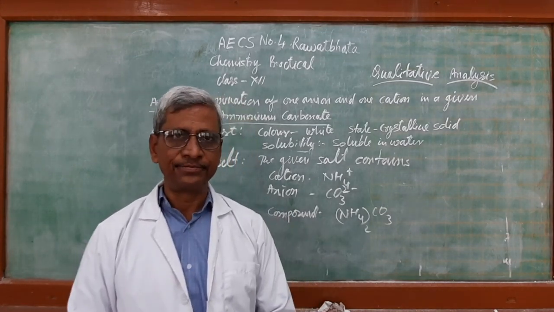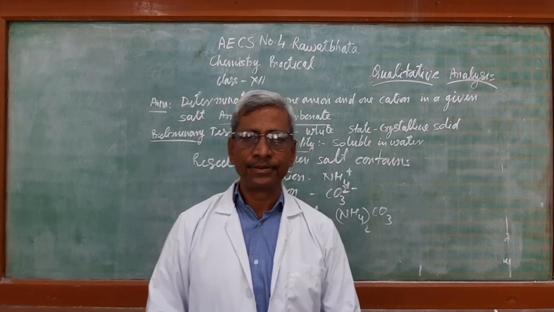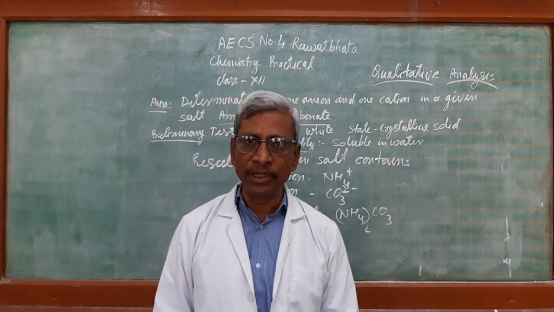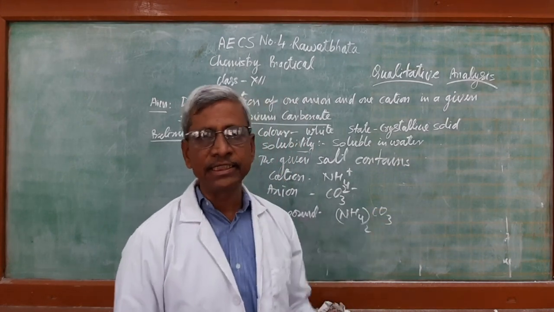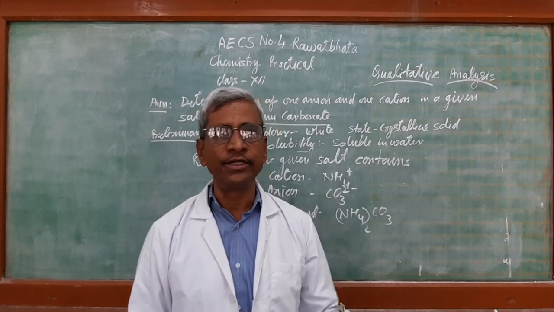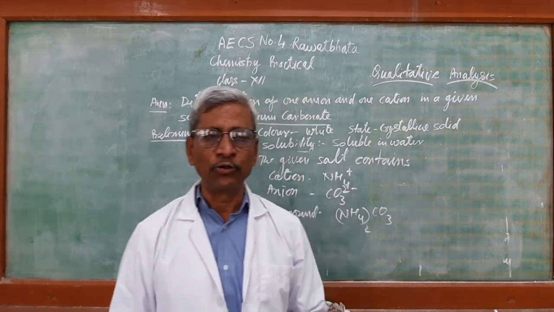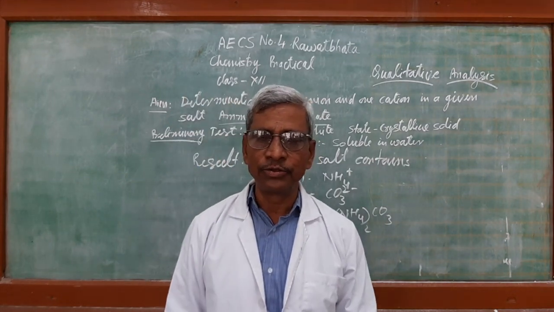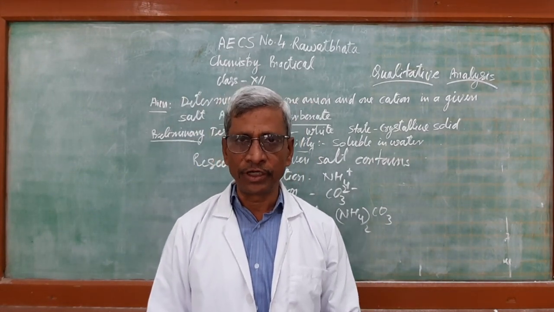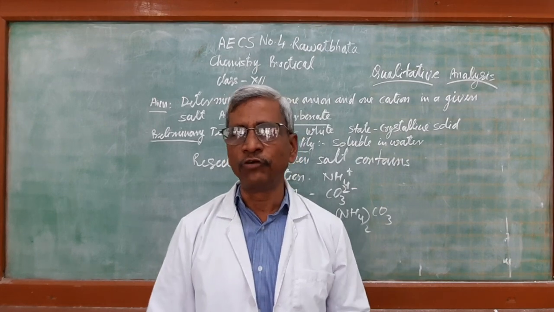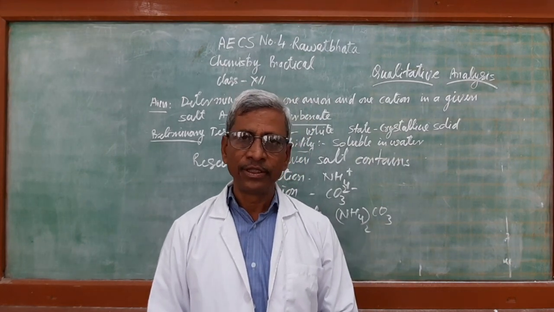This is the experiment, and after that we have to write the chemical equations involved in these experiments on the left side of the notebook, which tell us which gas is coming out, which precipitate is formed, and what the color of the precipitate is. This information we can mention.